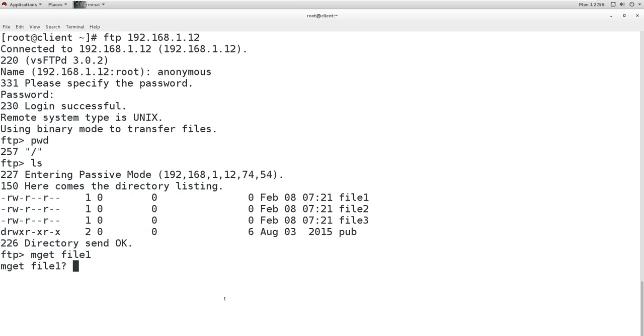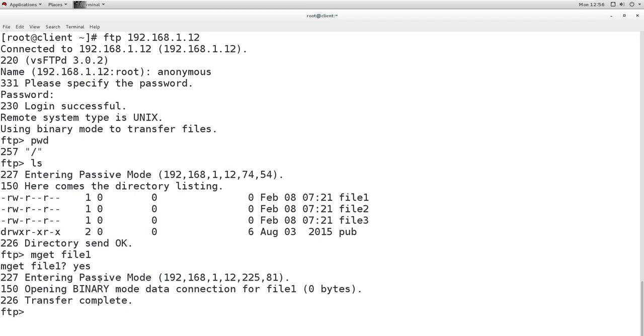I'll say yes. Now it is saying entering passive mode, then opening binary mode data connection for file 1, and then file transfer completed.